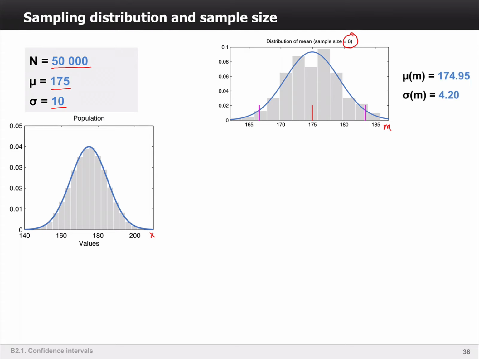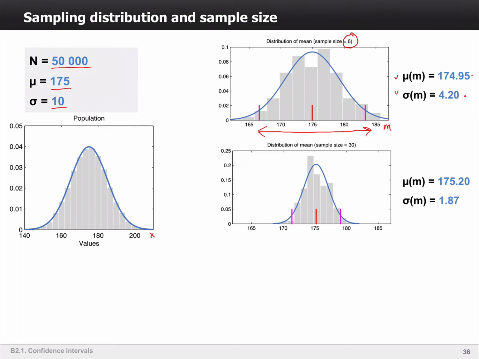If I calculate the average and standard deviation for the mean values, you can see that the average is pretty close to the real one. And the sigma, the standard deviation for mean values, is about 4. You can see that the spread is pretty large. Sometimes I got 164, sometimes I got 185. It's pretty far from the true average, right? But the sample size was small, okay? If I repeat this again,